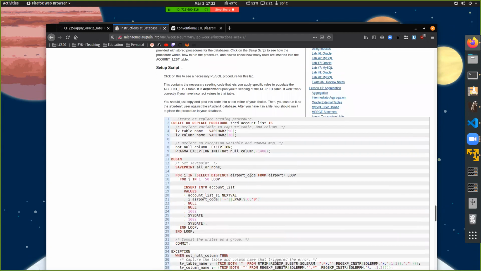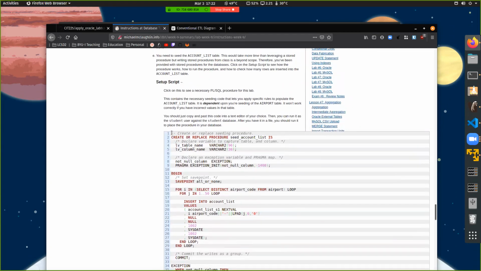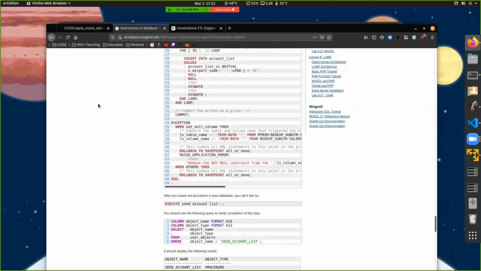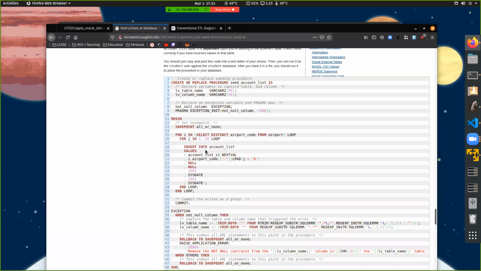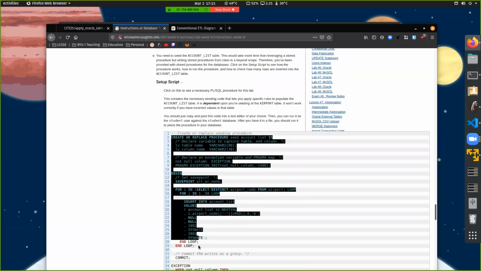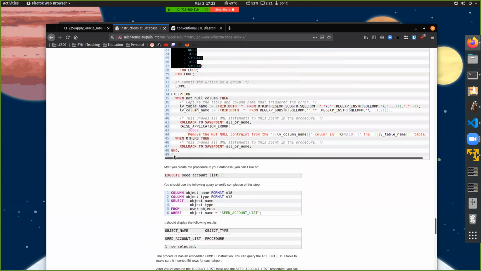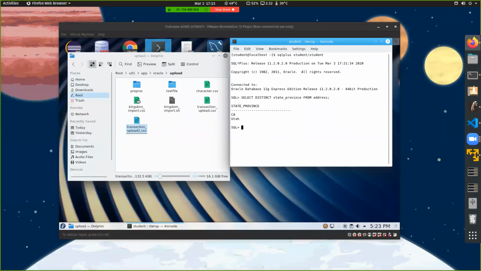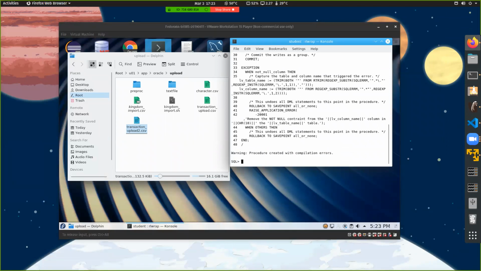And just so you know, just like before, when we run this, say I put this in and I run it, it'll say procedure created successfully or procedure created with compilation errors. If it says you created with compilation errors, type show errors. In fact, let's try it, because I don't have an account list table and I don't have an airport table in my database yet. So let's copy this and paste this in here, because we are going to get an error. And you'll notice it says, just like I said, procedure created with compilation errors. If I type show errors,